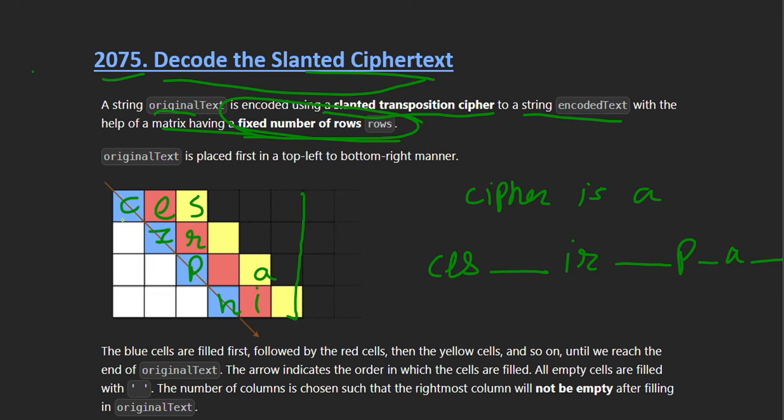Means we take elements row wise, and for empty spaces we take one space character. So this way we get the encoded text, right?